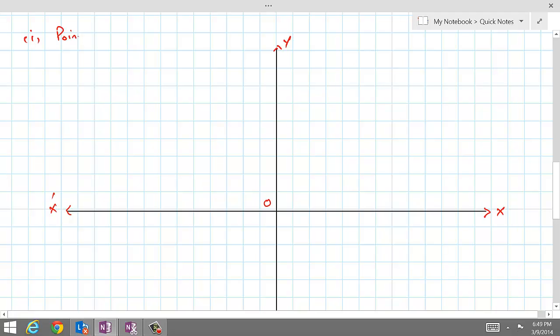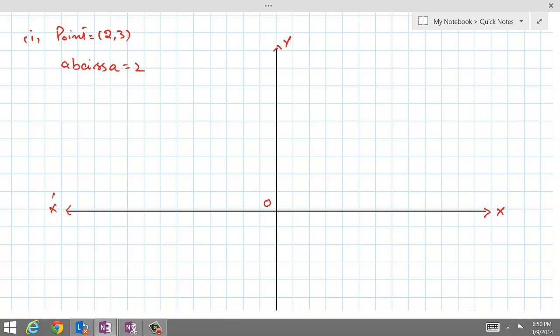So the point 2, 3 needs to be plotted, for which what is the abscissa? The abscissa is equal to 2, and like I said before that the abscissa is only responsible for the horizontal movements. So starting from the origin, abscissa is equal to plus 2 means that we have to move toward right by how many units? By 2 units. So that's where we get 1 and 2,